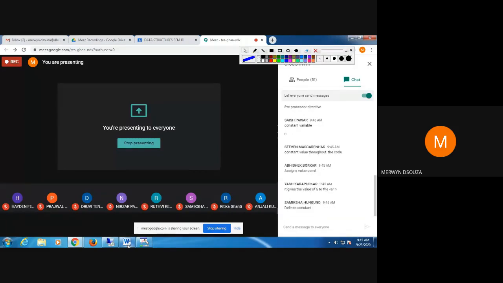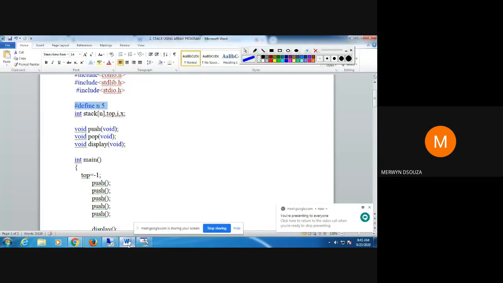Yes, it gives the value of 5 to n. So wherever n is present in the program, it will be replaced by 5 when the program starts running.